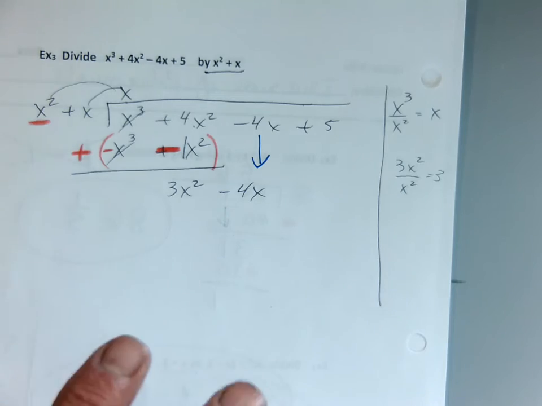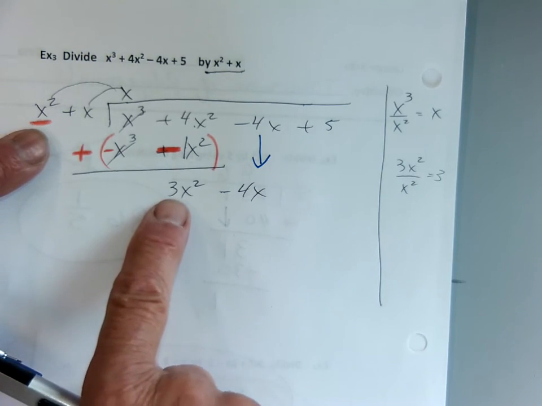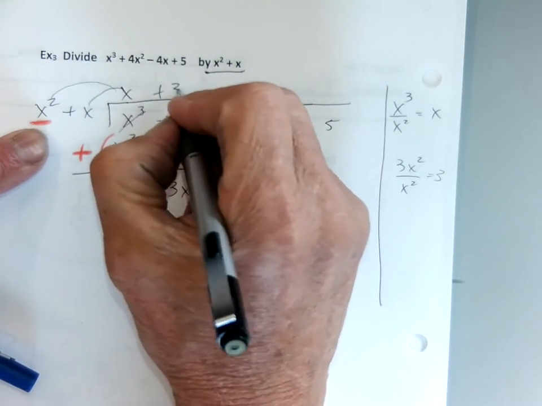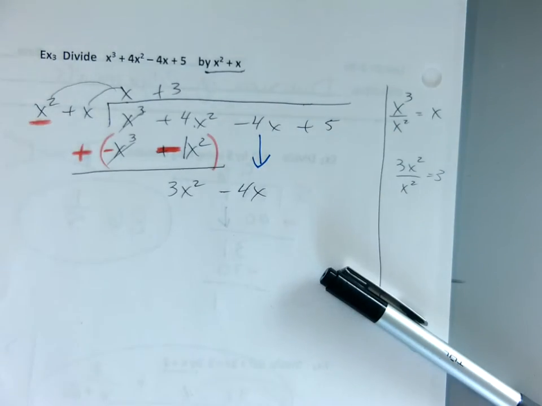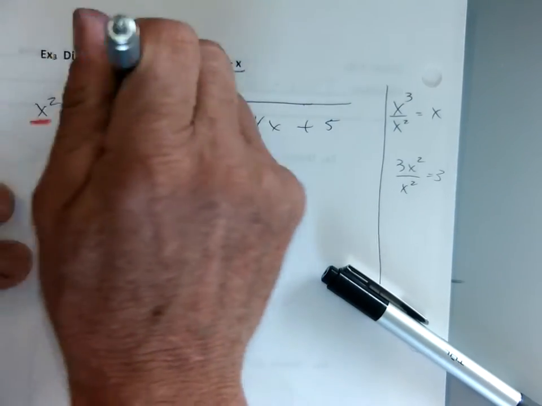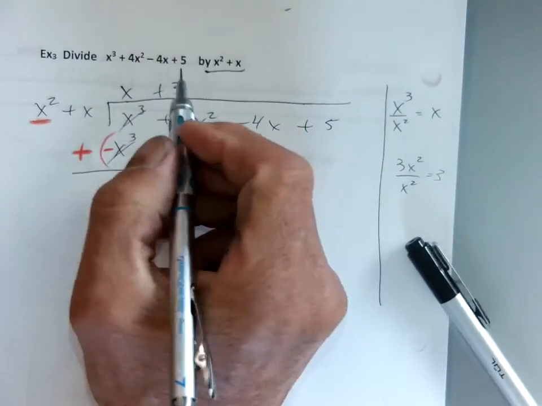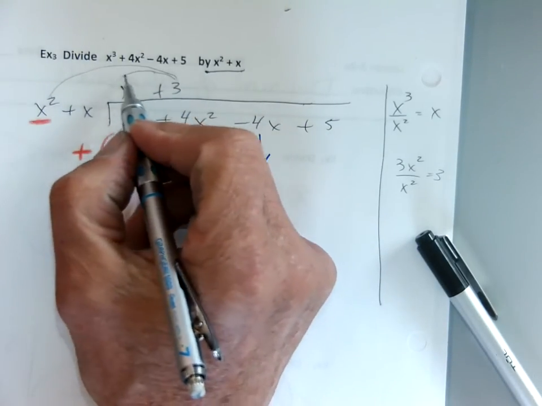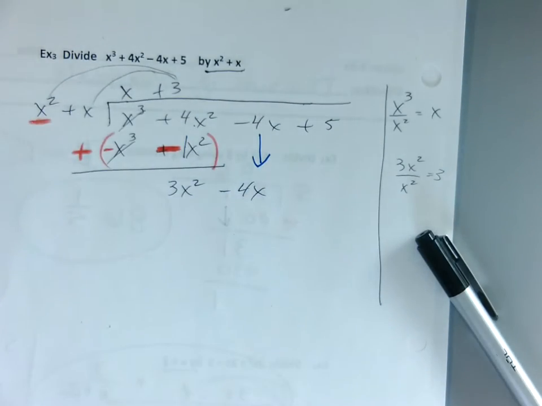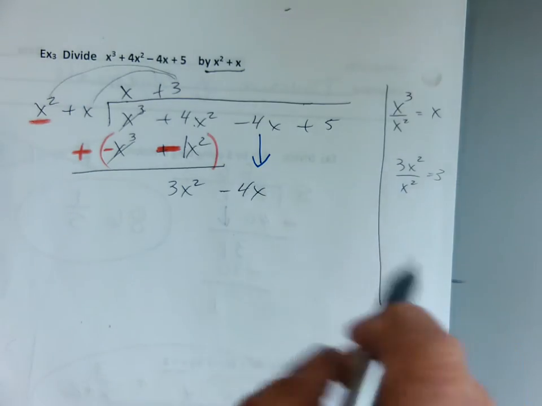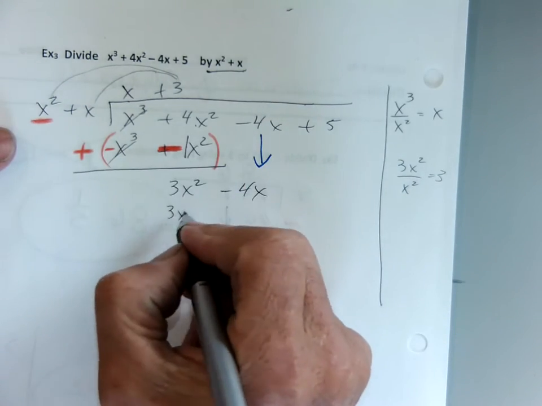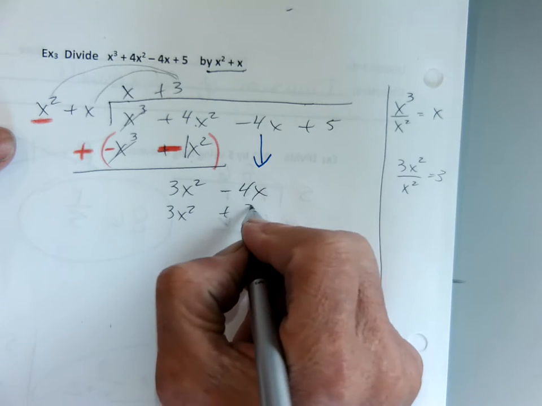So I know that x squared goes into 3x squared 3 times, positive 3 times. And I'm going to multiply. Just like in long division, I'm going to multiply that times that times that. So I will get a 3x squared plus a 3x,